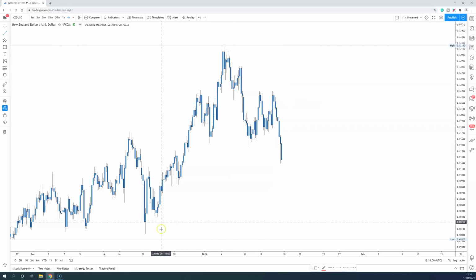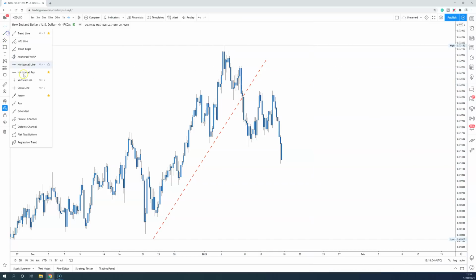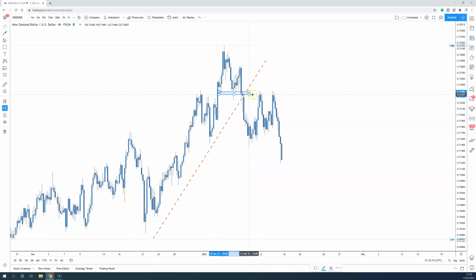We can clearly see the strength of the dollar kicking in here. We have a really strong uptrend, price trading above it, making higher highs and higher lows. We have the first break of structure here. We have price coming back into this key level to confirm a level has been created with a break and